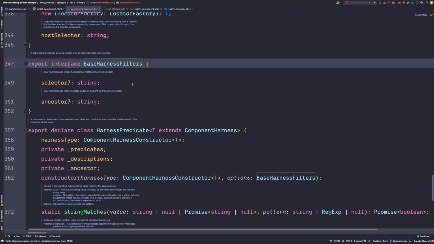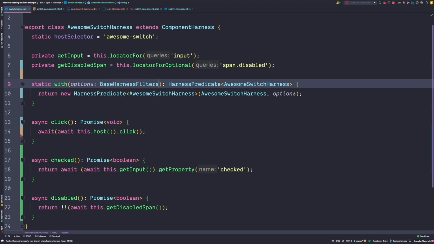And this is just a classic CSS selector. It means that the harness will only find instances whose host element matches the given selector. There is also an ancestor attribute, which is also optional, and this will only find instances that are nested under an element with the given selector. From my experience, those CSS selectors are very powerful, and therefore it's usually enough to just use the base harness